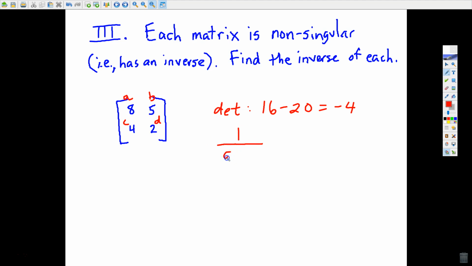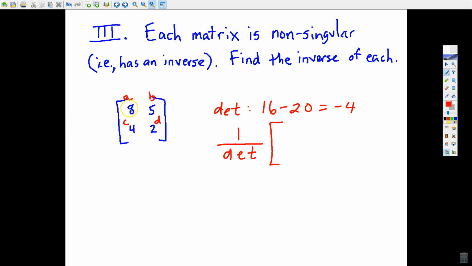You're going to multiply by 1 over whatever the determinant is. I'm going to give it to you in general terms, and then we'll plug in specifically. In general, this is how you find the inverse of a 2 by 2. So multiplying by 1 over the determinant,